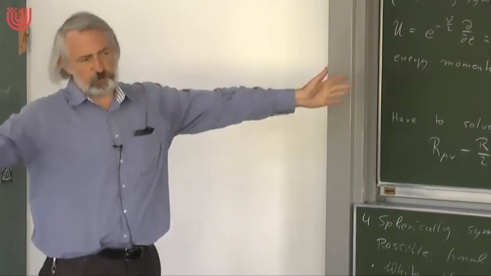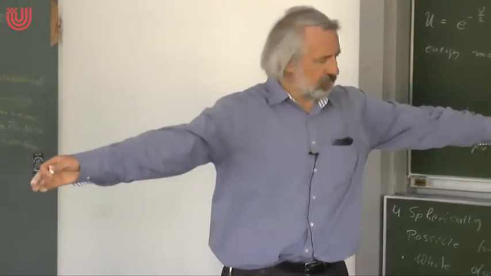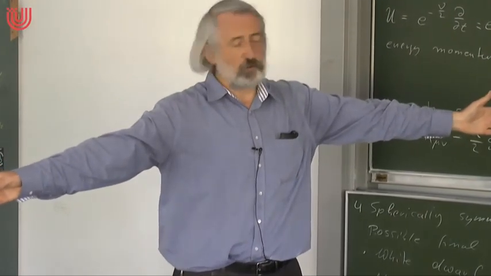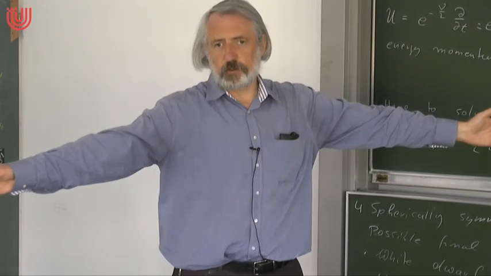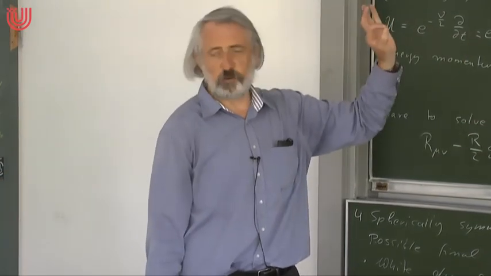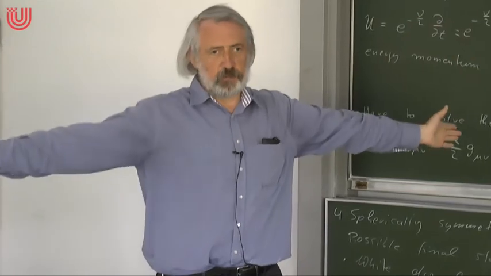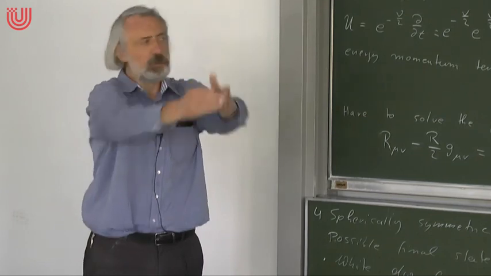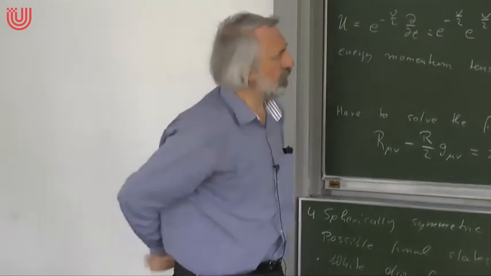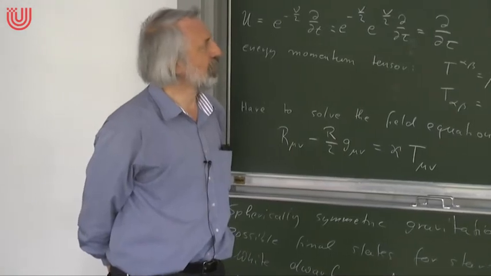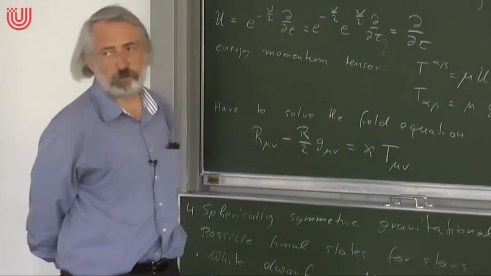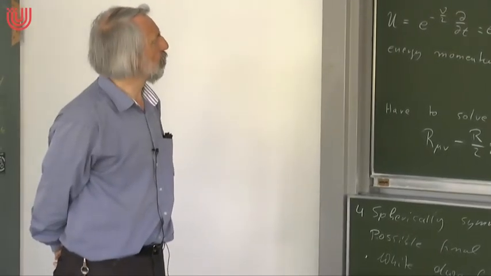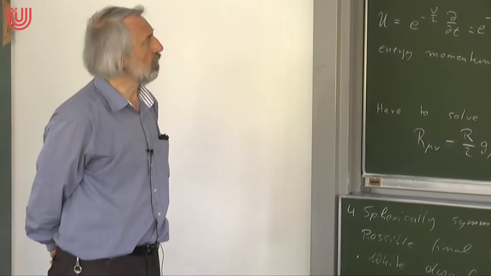By the way, in this paper they also calculate these things which we did last time, what we now call the shadow of a black hole, and which Singh calls the escape cones. So they also calculated the escape cones for an observer on the surface of the star. Yeah? And it becomes narrower and narrower as the horizon is approached. So in a sense, one might say the first paper where the shadow of a black hole is at least implicitly mentioned is this Oppenheimer-Snyder paper. Okay, but our task is now to solve this differential equation, and we will do this on Tuesday.